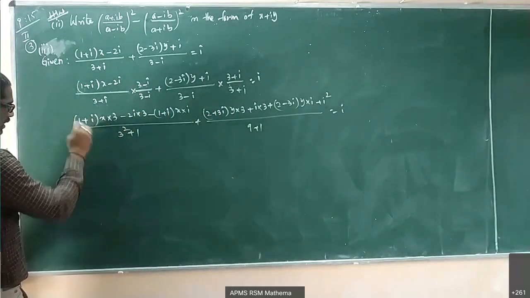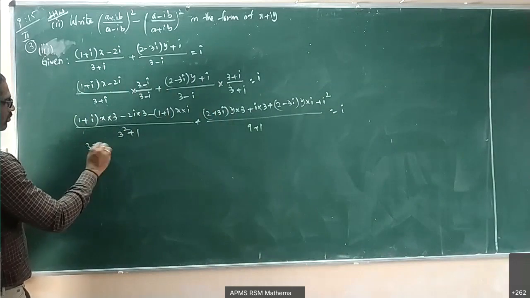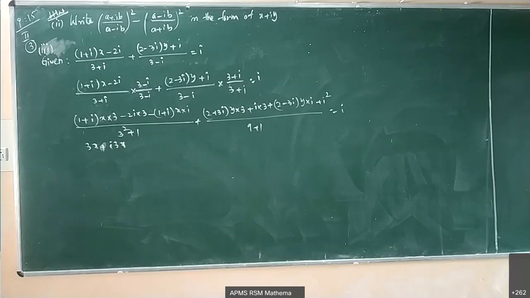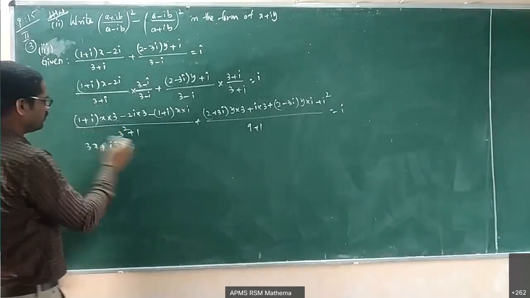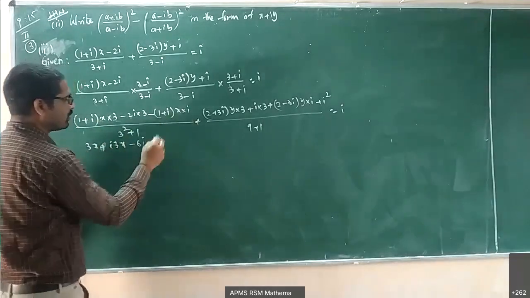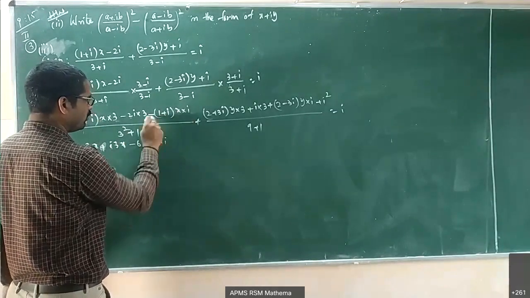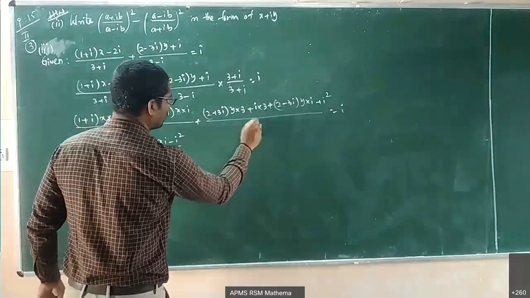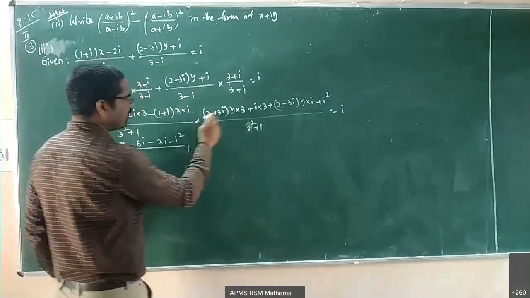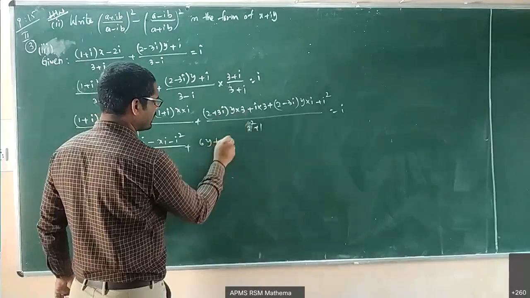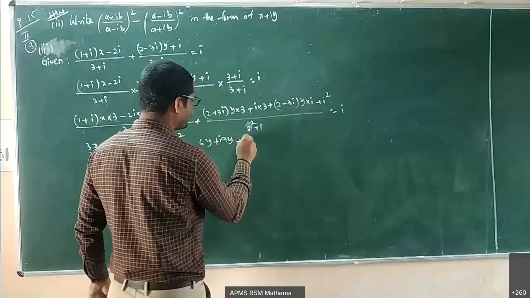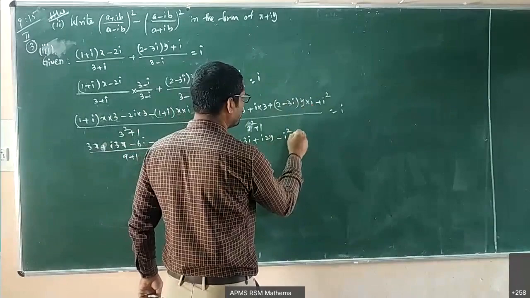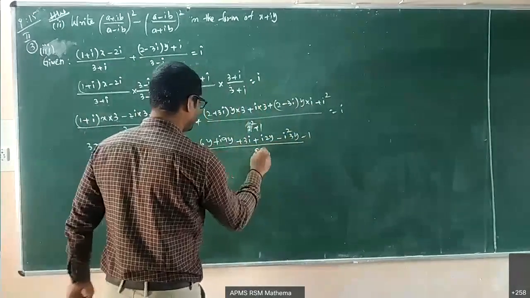If I simplify this, 3x plus i 3x, now minus 6i, minus xi, minus into plus minus i square, divided by i square, which is 9 plus 1, plus 2 into 3, 6y, plus 9y, plus 3i, yi into 2, 2iy, minus i square 3y minus 1, divided by 9 plus 1, is equal to.